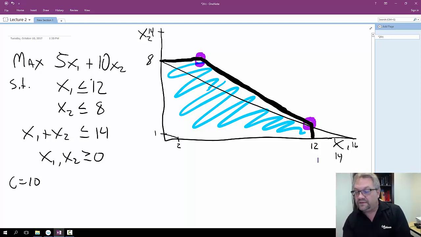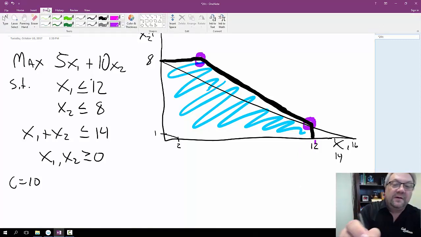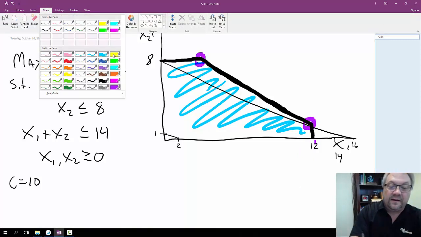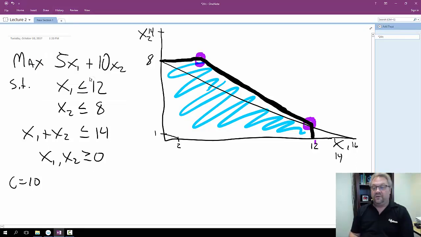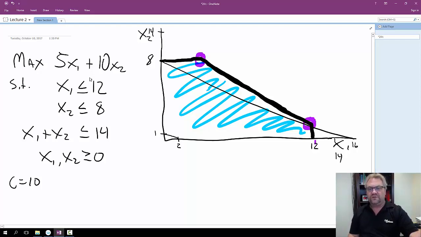See, I already know that x1 is already 12, right? So I got to get a new color, sorry. I don't want to be writing in purple. I don't mind highlighting in purple, but I can't draw in purple. So I digress. If I go back to this kink point here, I already know that x1 is equal to 12. So all I have to do is plug 12 into my third constraint and solve for x2. So in other words,